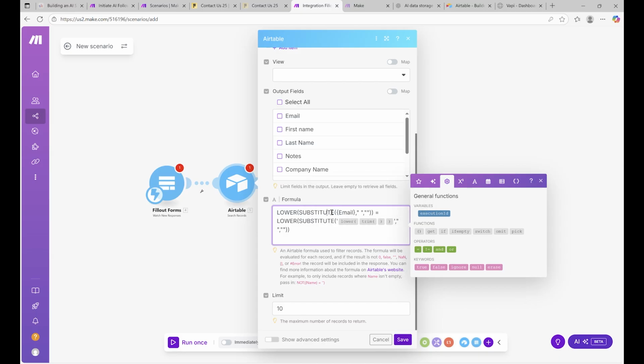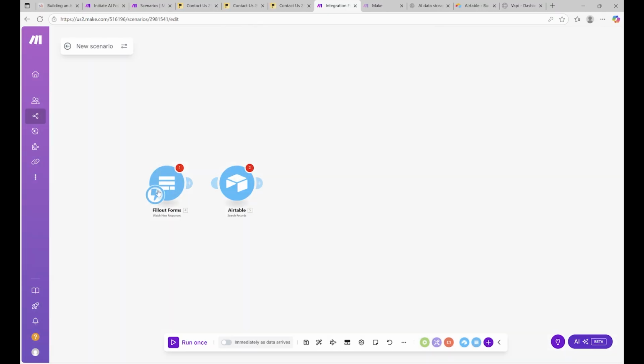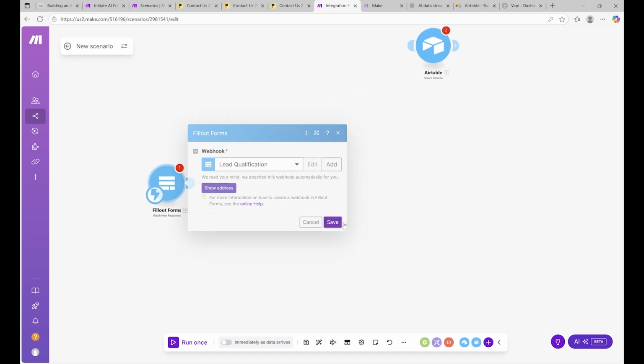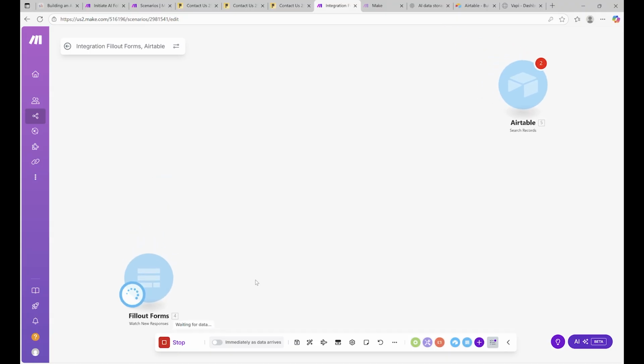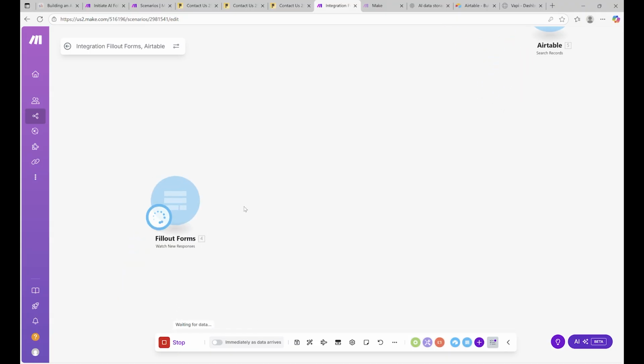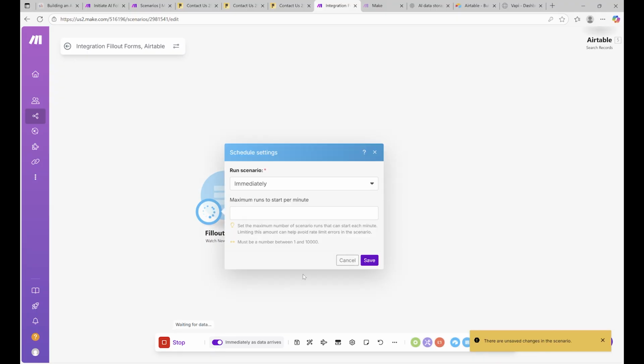And this will just detect if there's already the same email already written down in the table, unlike these two. And it should work if you just hit run now. Hit save. It should have data already in the queue, but if it doesn't, then